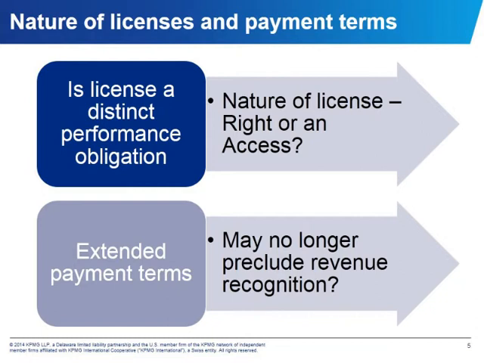Under the current guidance, the arrangement fee is not presumed to be fixed or determinable, where a significant portion of the licensing fee is not due until after expiration of the license or more than 12 months after delivery. In these situations, revenues are recognized as and when the arrangement fee becomes due and payable. Would the accounting for transactions involving extended payment terms be different under the new standard? Under the new standard, extended payment terms may not preclude upfront revenue recognition.